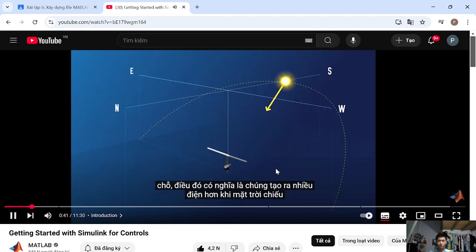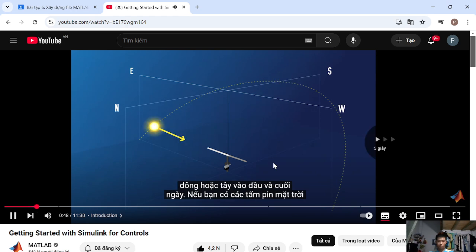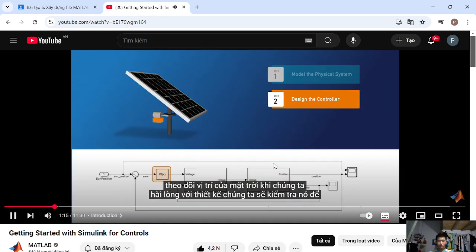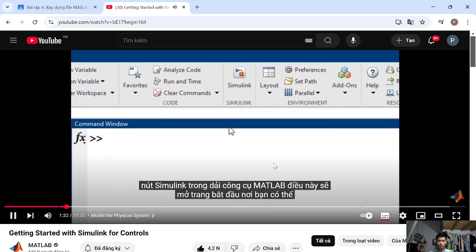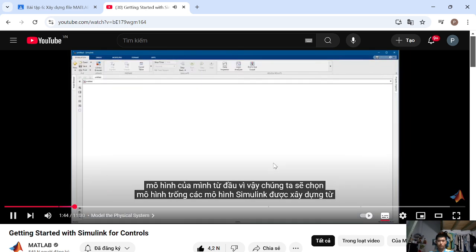means they produce more electricity when the sun is shining directly on them. Produce as a tracking signal. You can write out clicking the Simulink button examples. And Simulink models